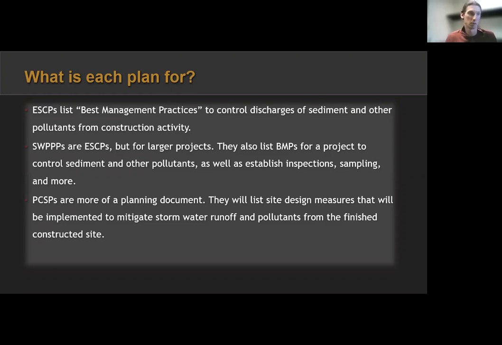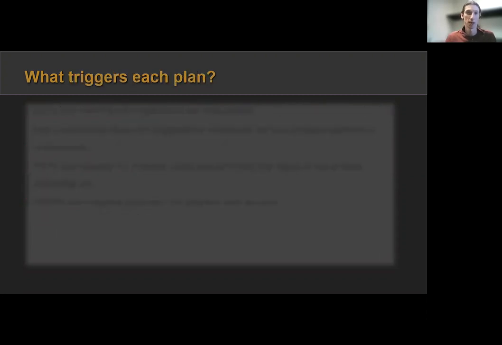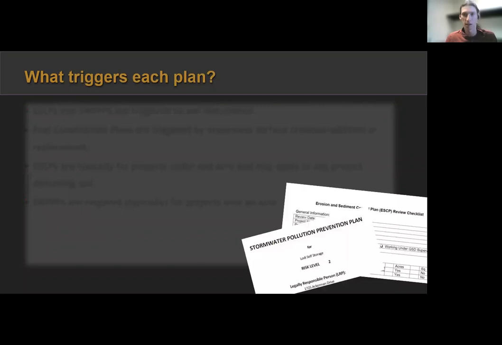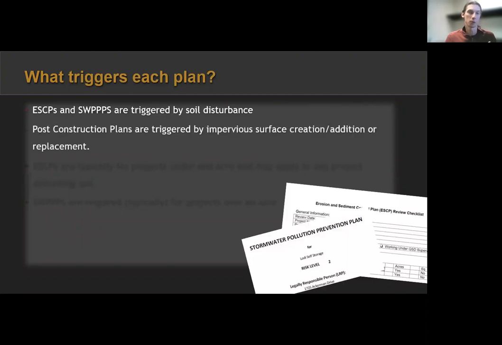So all of that has to be done before construction, all done around the same time. Now, as I said, ESCPs and SWPPPs are very similar, but they are also likely going to trigger post-construction standards because, as we can see here, ESCPs and SWPPPs are triggered by soil disturbance.